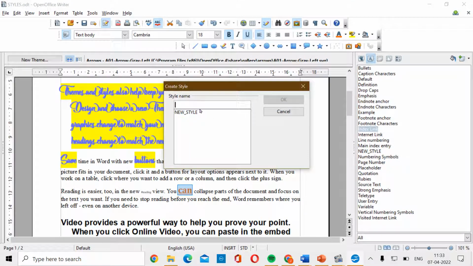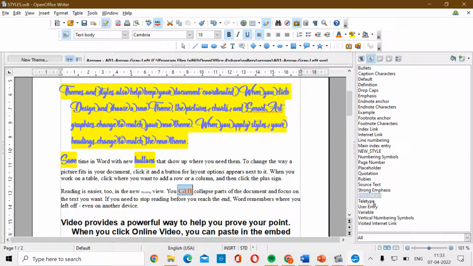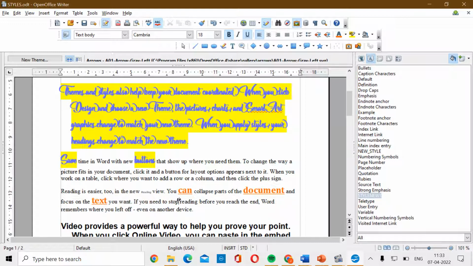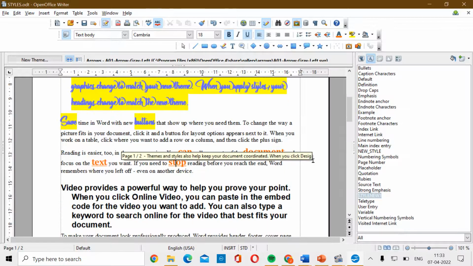Once I click on this, it is asking me the style name. So I am typing here, suppose, style new 1. So my new style, style new 1, has come here. Now again I can click on fill format mode and just see, the same style can be applied. So I hope this is clear to you. Again pressing escape key will convert your cursor back to the normal mode.